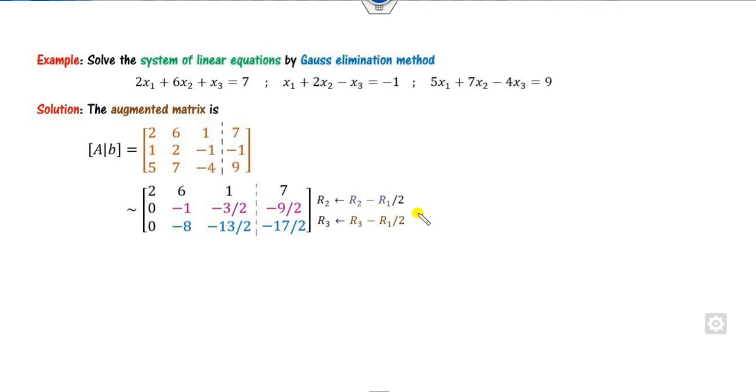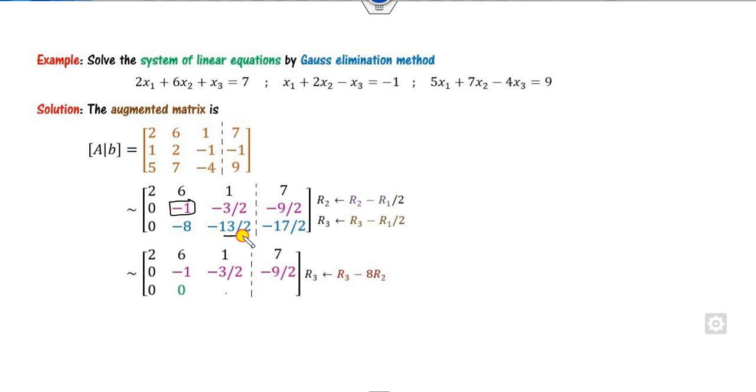Fine. Now you can see, we can compute here. Then you can write this as my box element. Then what you can do, you can write the first row as such. You can write the second row as such. And you can write this 0 and below 1 is a 0. So it means you need to only find the two values. You can write here. So this is my box element.